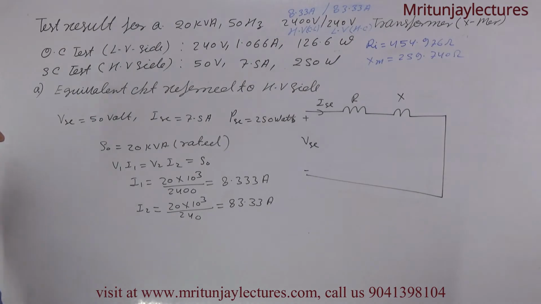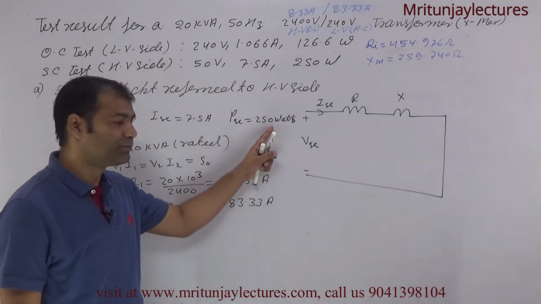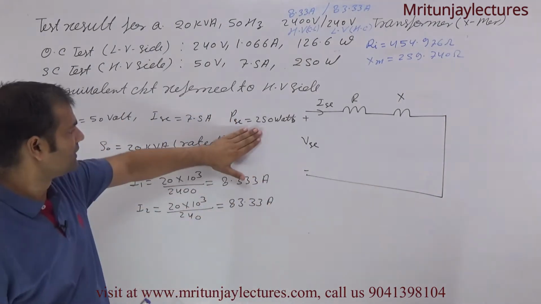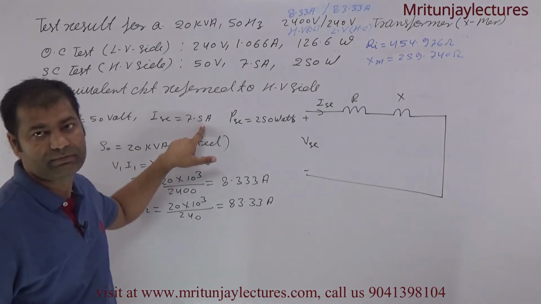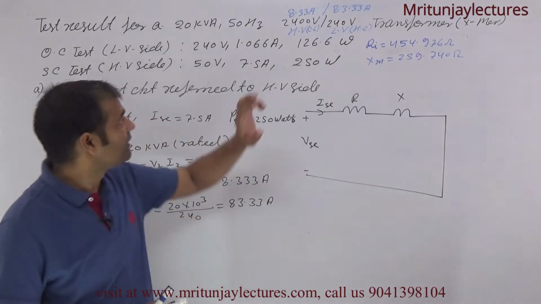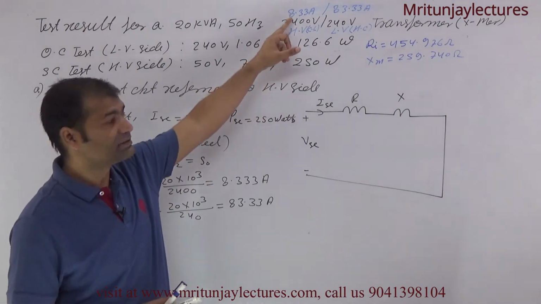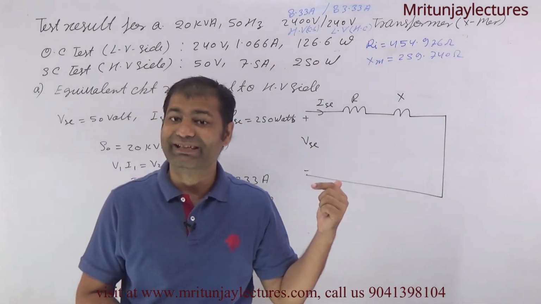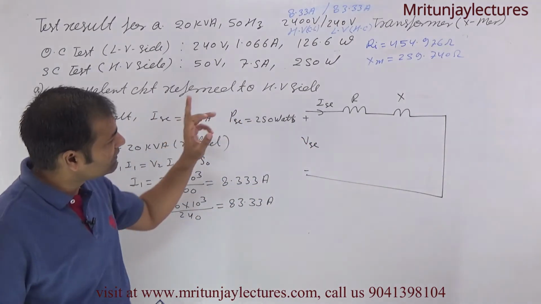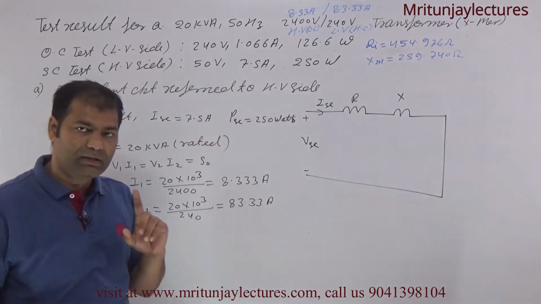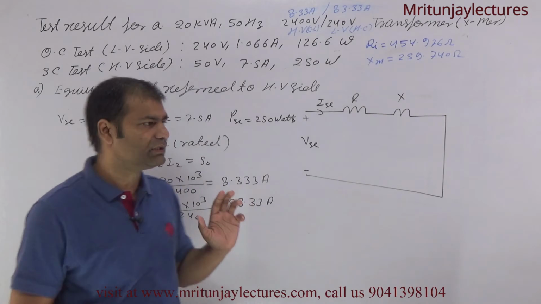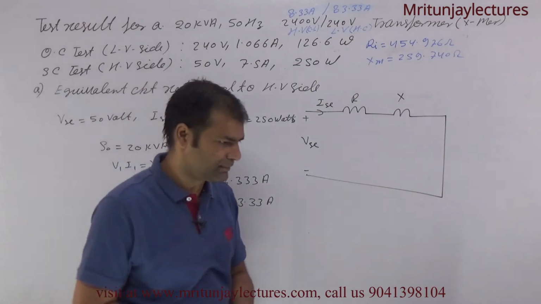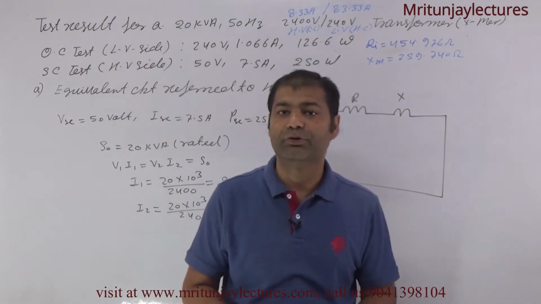Okay, it is clear. It means this is not the full load copper loss. Why? Because this current is 7.5 ampere. If the current matched the rated current, like 8.3 or 8.4, then it would be the full load copper loss. In most questions these currents match, but here it is not matching. Don't worry, I can still determine the full load copper loss.